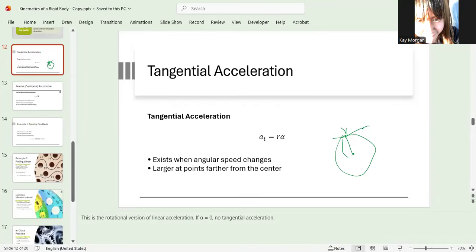And of course your tangential acceleration, okay, is going to act along that tangent to the circular path. So your a is going to be somewhere going on here. Of course, in the direction of that motion, if the object is speeding up, let's say it's going that way, then it's going to go that way, okay? So that's your tangential acceleration. So in the direction of the motion, the object needs to be speeding up for this to be here, yeah?